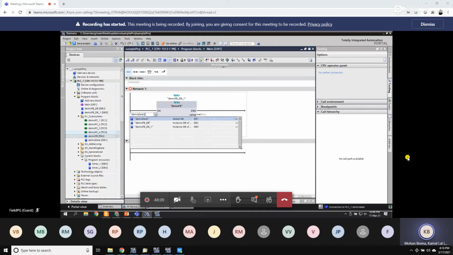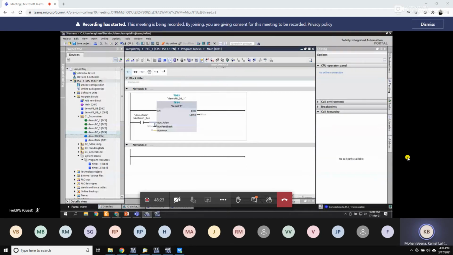demo data machine1 run, and I can m0.5 demo data edge. See, already typing is becoming a hell of a task even for me. So let me go ahead and do that. The edge run feedback I would like to give from, I don't know, I'll give the same run for the time being, and run hour, give something up here, and for the lamp I'll choose the indicator,